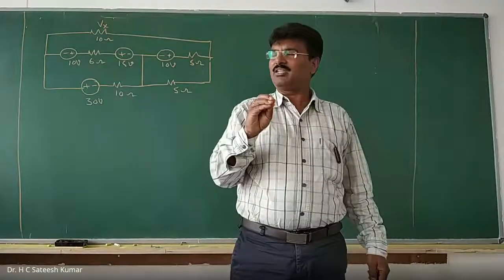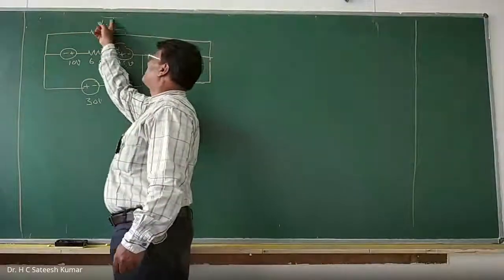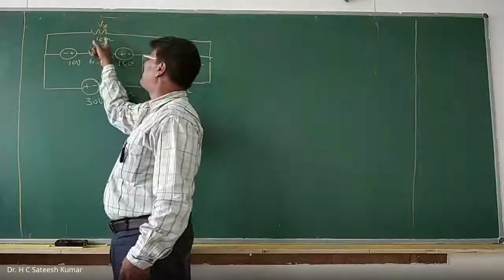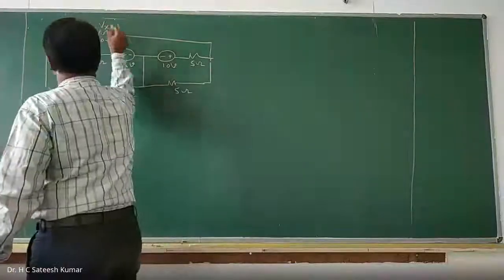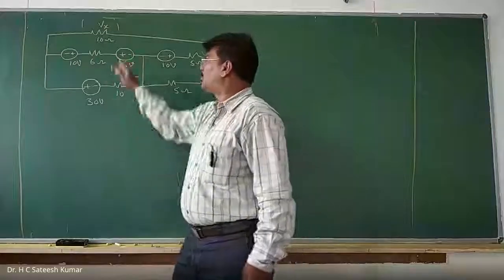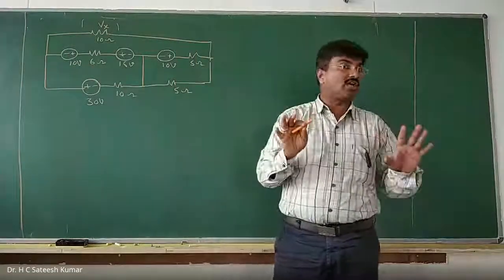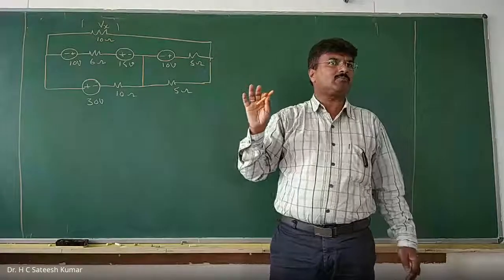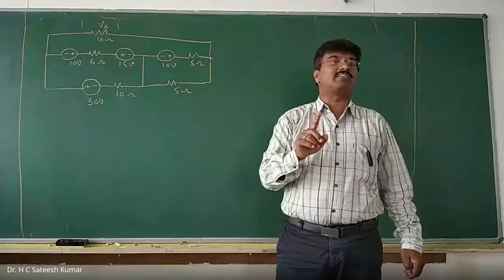The basic thing while solving this kind of problem is, don't disturb the part where you want to find the parameter. For example, I want to find the voltage Vx, which is the voltage across the 10 ohm resistor. Until the complete problem is solved, don't disturb this one, stick to the other part. And you should use only source transformation until the end. That's what the question asks: find Vx using source transformation.